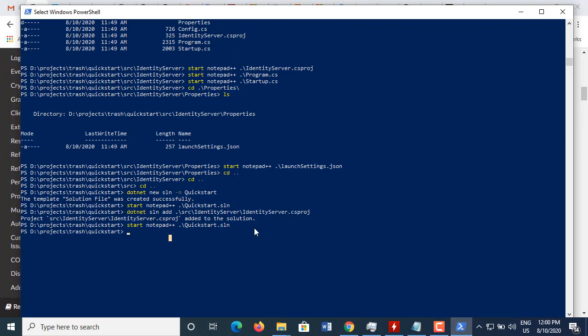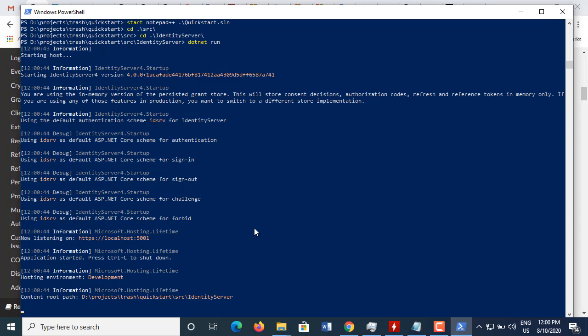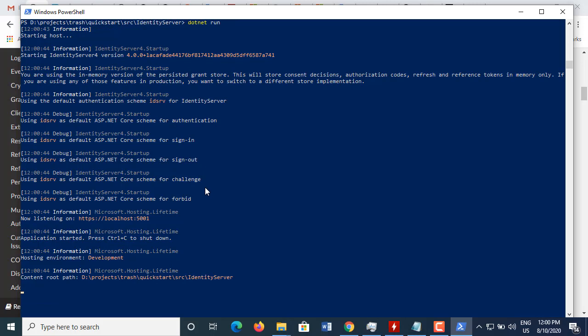Okay, so how can we run this application? Very simple. Look at the organization, paste into the source, identity server, and here we can say dotnet run. There is not much going on right now, but dotnet run, identity server information. Look, they prefer to have a lot of console output here. This is set up in the program file, Program.cs, and